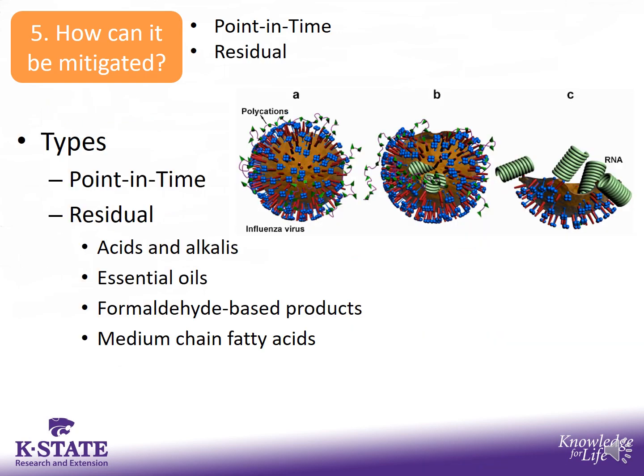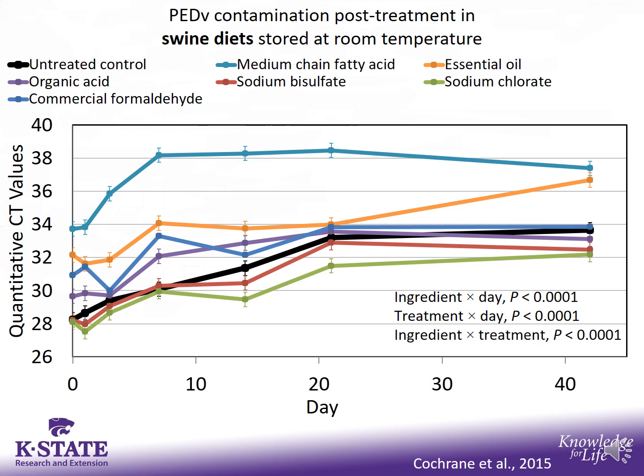An alternative is something that has some type of residual protection to it. These would be typically chemical additives like acids or alkalis, essential oils, formaldehyde-based products, or medium-chain fatty acids, where there are products that you could add to the feed or ingredient that would somehow have some type of viability over time to reduce the likelihood of contamination over an extended period of time compared to reducing the likelihood at a single time point. We've done quite a bit of work on this, and specifically within the case of porcine epidemic